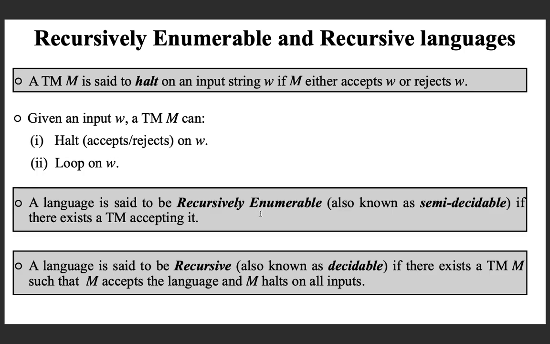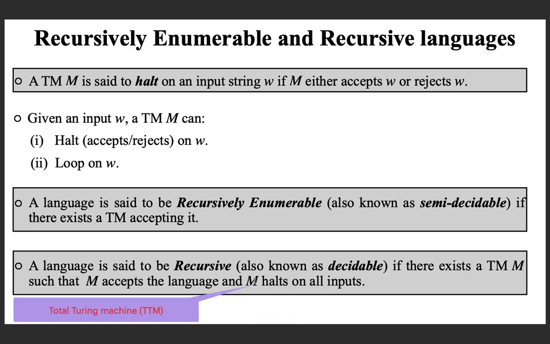Suppose you have a Turing machine which is always halting, meaning for all input it will halt and say yes or no. So, given an input string, in this case the input string must be accepted or rejected, because for all input it is going to halt. Then that language is called recursive. And now note that all recursive languages are recursively enumerable, because you have a Turing machine which is satisfying an extra property that for all input it is going to halt. And I hope you are getting me.